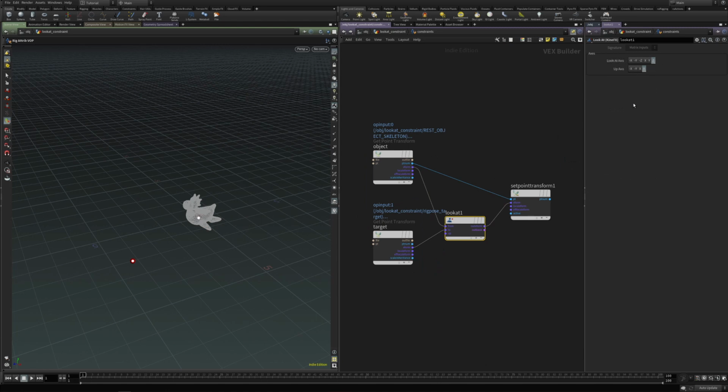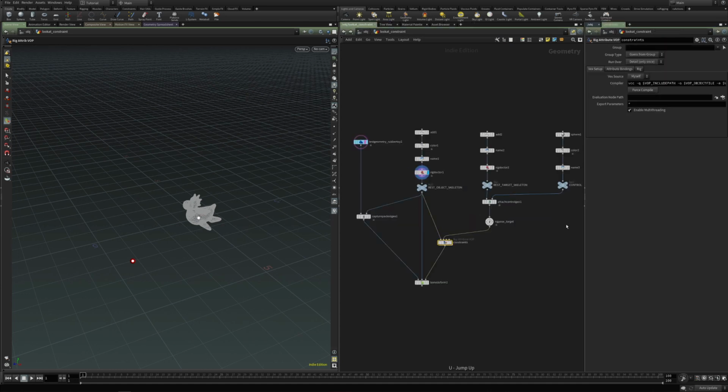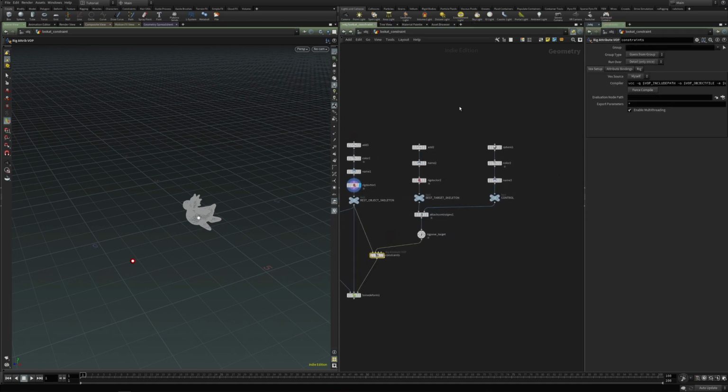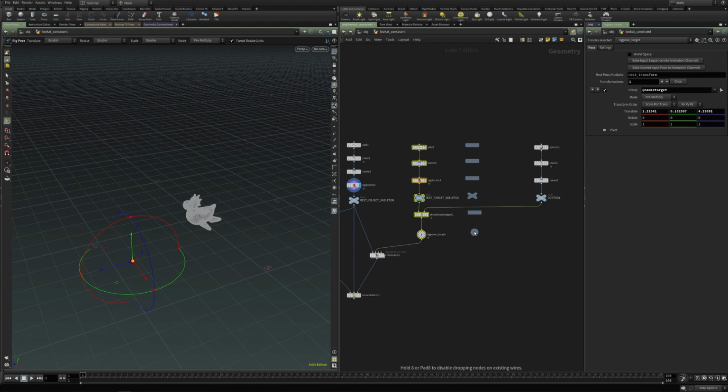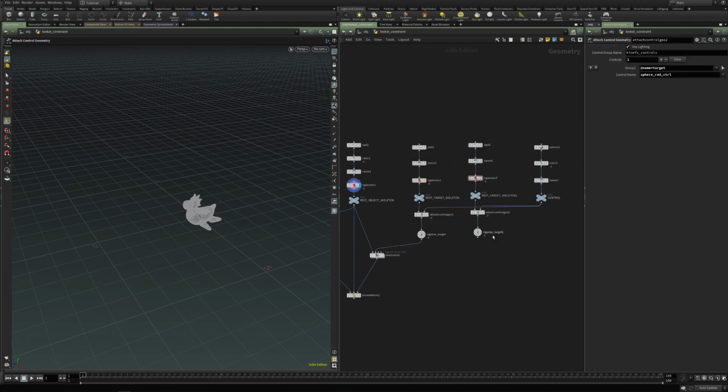And the up axis basically tells which axis will be used to determine how the object will be rotated or rolled around that axis that is looking towards the target position. Now notice that the up vector can also be provided as a separate transform. So you can have a separate point as the up vector, and we're going to just duplicate this network